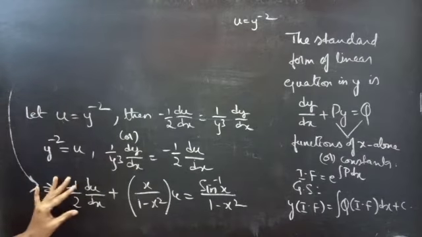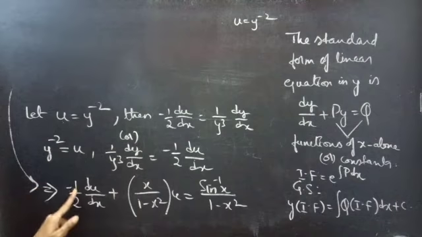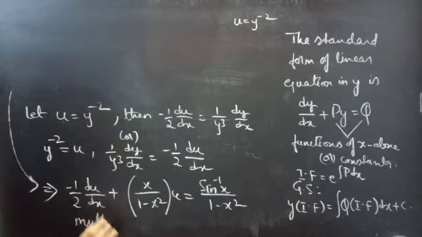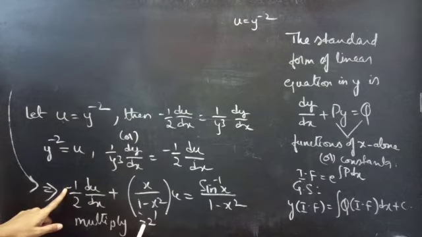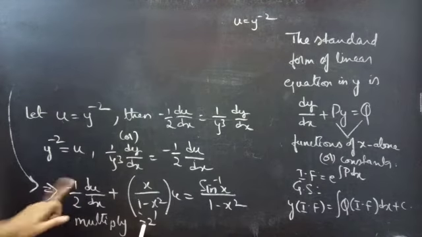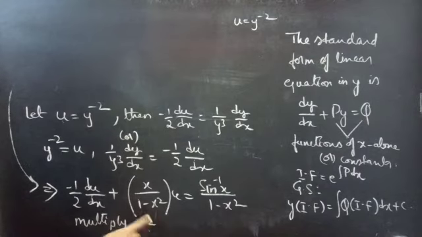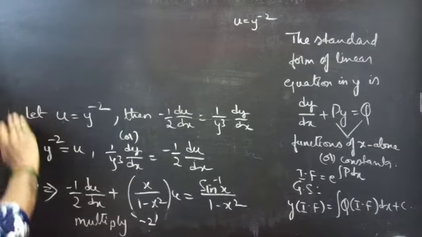See here, the coefficient of du by dx is minus 1 by 2. We have to make this 1. For that purpose, we multiply both sides of the equation with minus 2. See, minus into minus becomes plus and 2 by 2 becomes 1. So we'll multiply the equation with minus 2 on both sides. This equation becomes